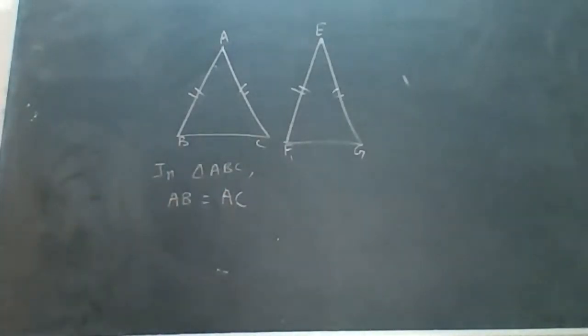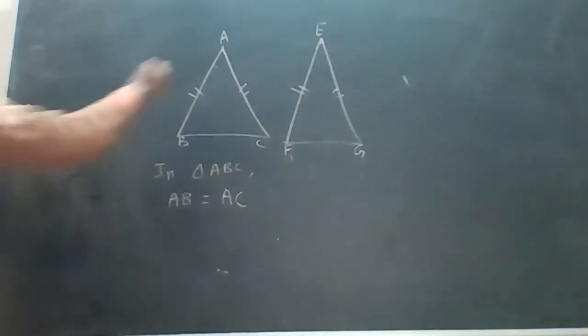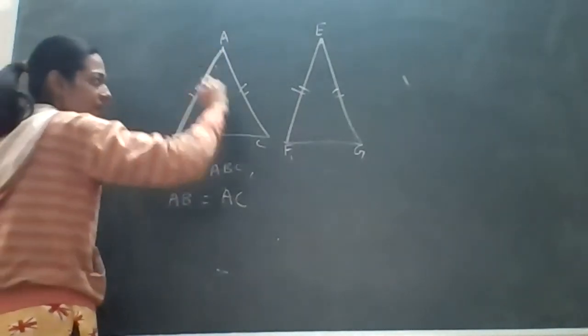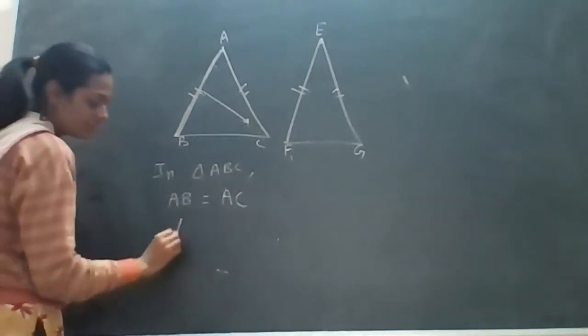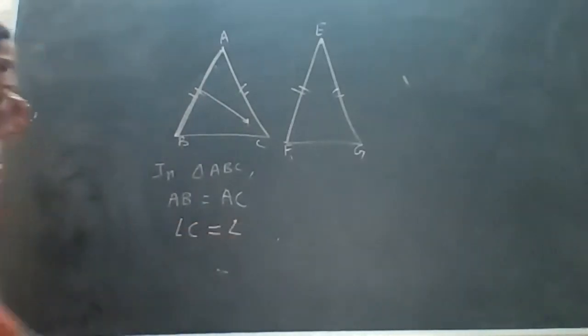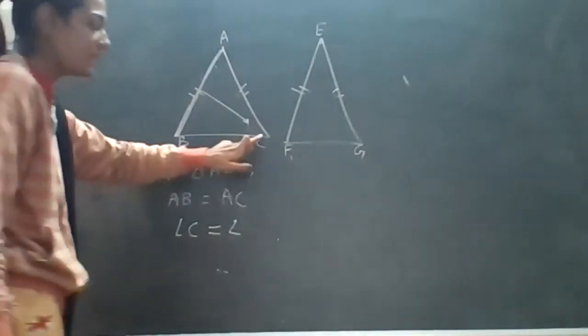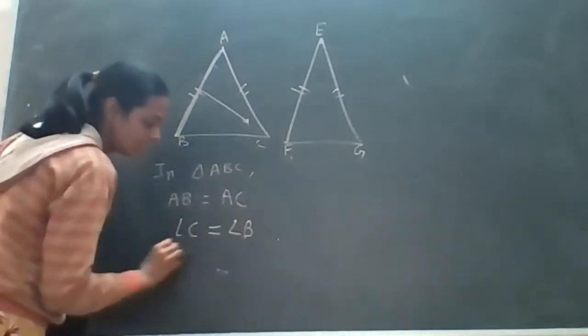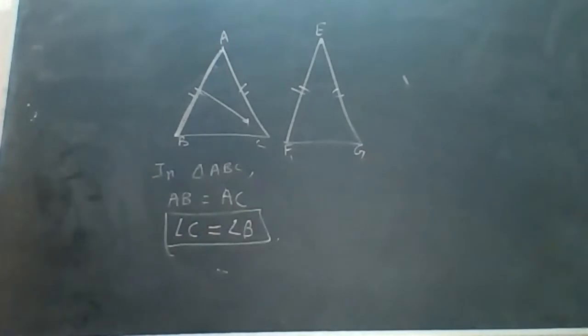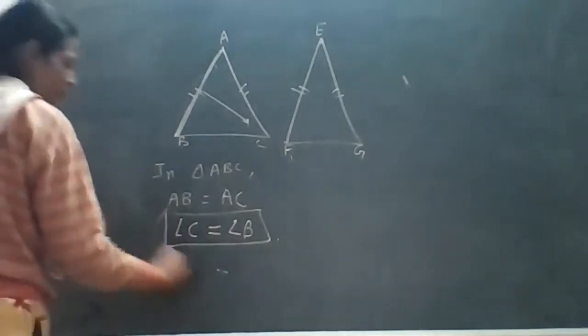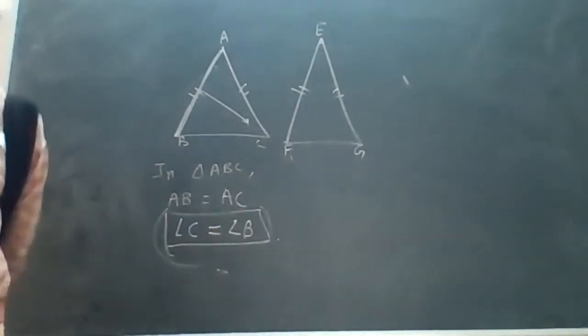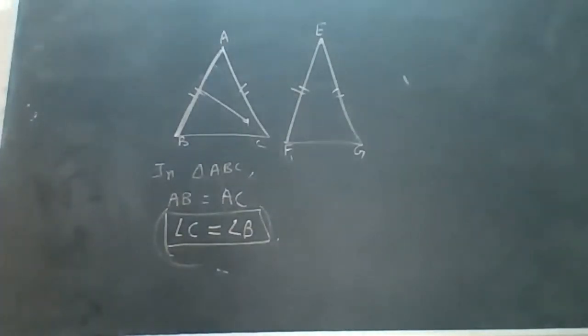Now opposite of AB, what will be the angle opposite this side? Which angle is there? So angle C is there. So here we can say that angle C is equal to the angle opposite of AC. AC का opposite angle क्या होगा? That opposite angle of AC will be B. So automatically this angle also will be equal. Angles opposite to the equal sides of an isosceles triangle are equal. Okay, so these opposite angles will be equal when it is an isosceles triangle, which has two equal sides.